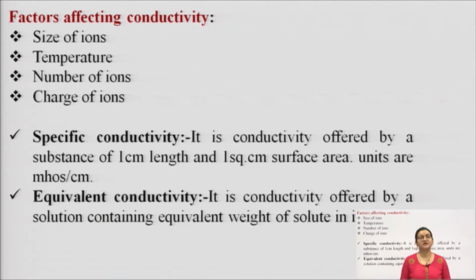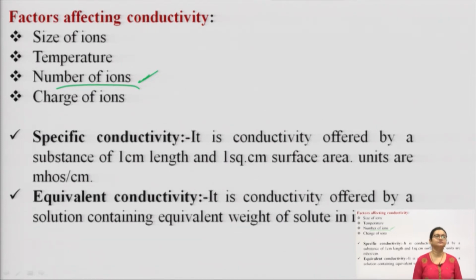Then next one is the number of ions or number of charged particles. Ions means charged particles or charged ions, the charges of the analytical solution or analyte. Number of ions will definitely change the conductance. More the number of ions, more the charges; more the charges, more the conductance. More the conductance, that is directly related to what? The voltage, our electrode potential, which in turn is directly related to generated current.